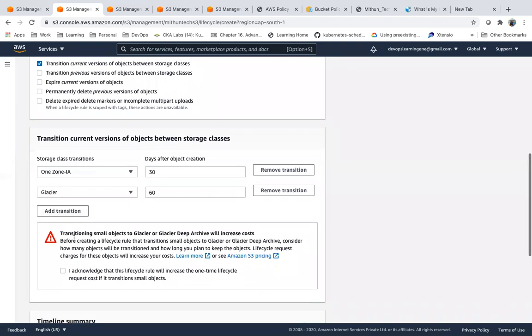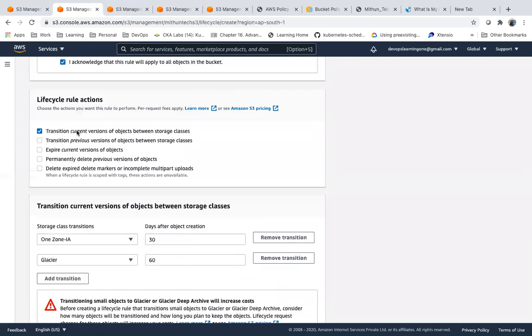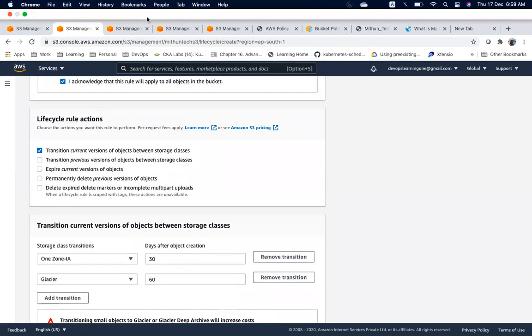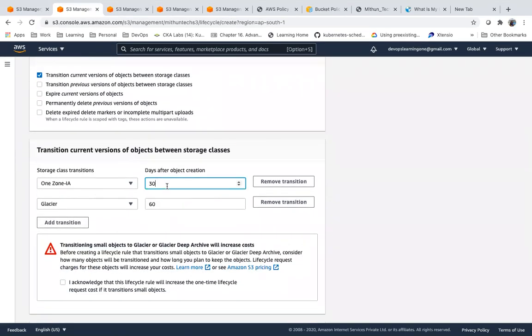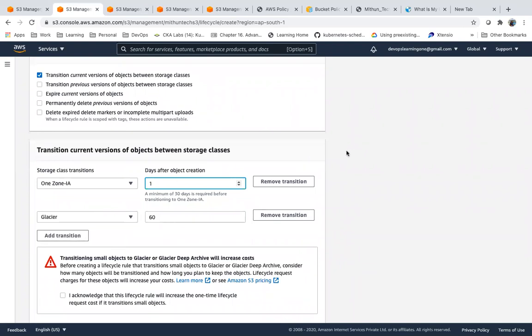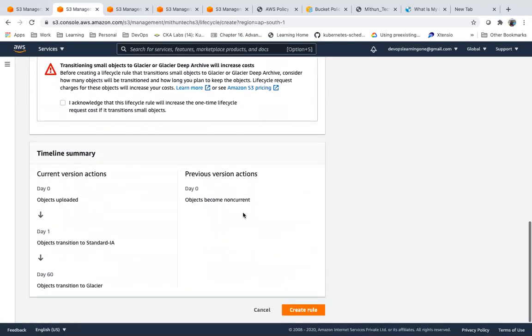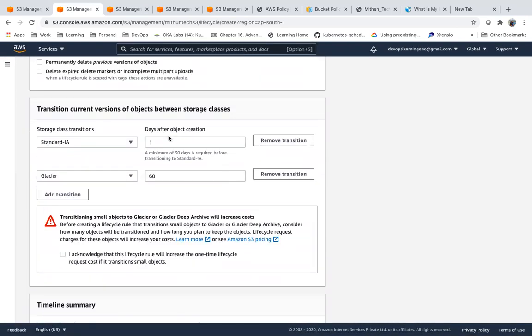The transition for current objects. If you see, I cannot define like this. I think now they are supporting, but previously I would get an error. If you see, a minimum of 30 days is required before transiting to any storage class.